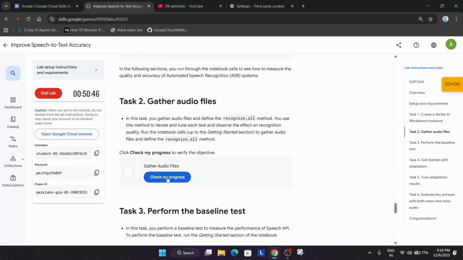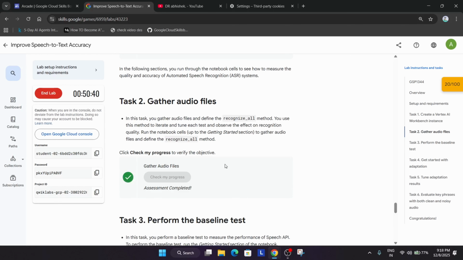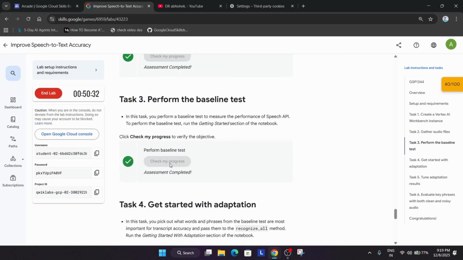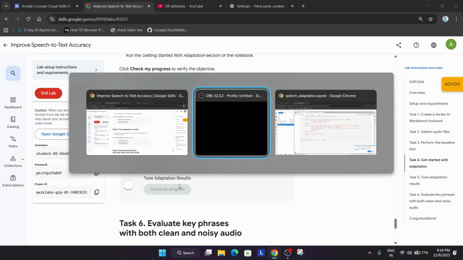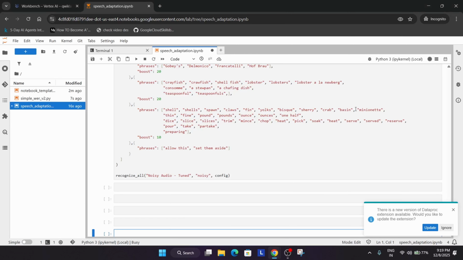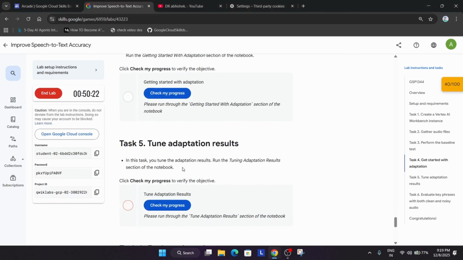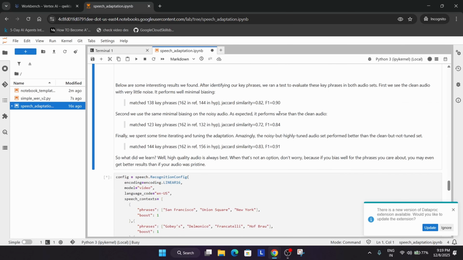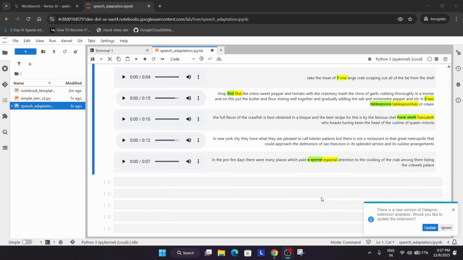So let's come over here and check the score. You can see we got the score for task number 2, and it's time to check the score for task number 3. Similarly, go and check for task number 4 and 5, and let's see, it's still working. So if you are not getting the score, do not panic, wait for it to get completed. So here you can see it's still working. Just wait for it to get completed, and once it's done, we'll check the score for each and every task. So finally, after waiting for 5 to 10 minutes, all the tasks have been completed